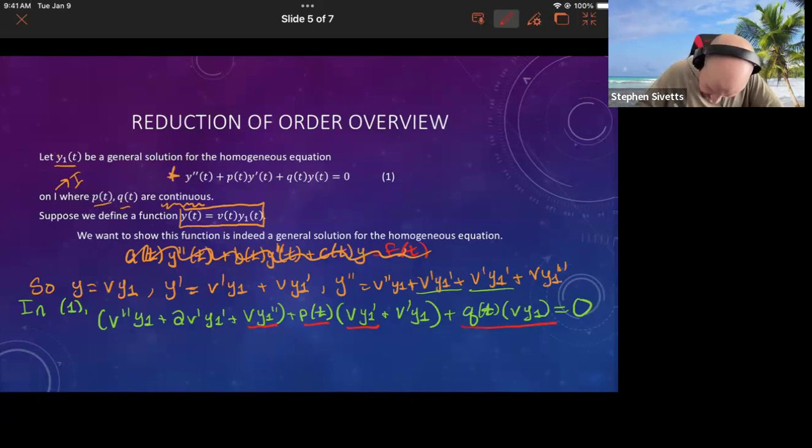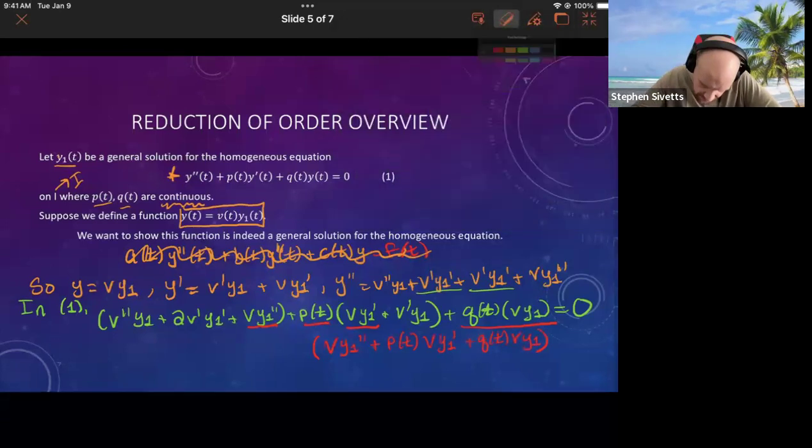So if I gather those terms up, I'll have v times y1 double prime plus p of t times v y1 prime plus q of t times v y1. And each of those quantities has a v in it. So if I factor out the v term,